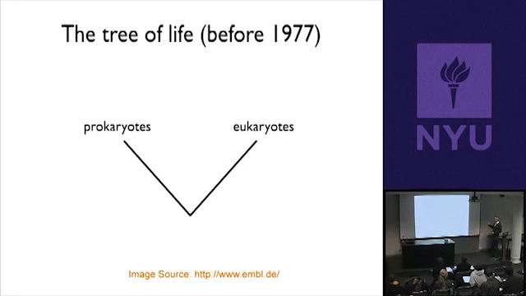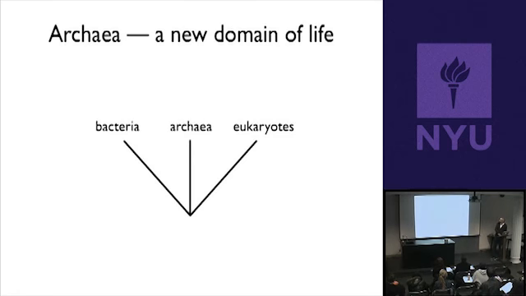And then there are prokaryotes, which are basically bacteria. Okay, single-celled things, don't have a nucleus. They have DNA, but it's usually like a circular chromosome like E. coli's, like we talked about last time. Okay, and it turns out that this was the way life was broken down for many, many years until 1977, when it was discovered that there's a whole other branch of life. And this other branch of life is what's now called Archaea. Okay, and these are some of the weirdos that I introduced you to last time.